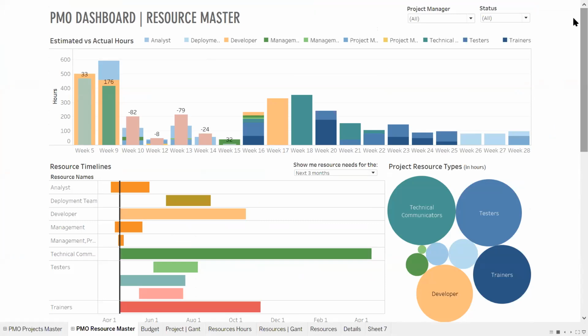We all know that another aspect of this is to track resources and make sure that we've got the resources that we need lined up at the right time. So this is put together in a similar fashion as the project master. At the top we have the resource type by week and the number of hours. And again, it's budget versus actual. So I can see how these developers are doing in week 5 versus